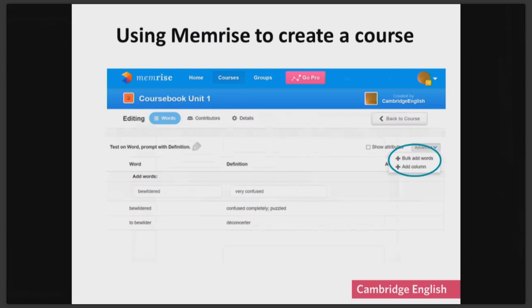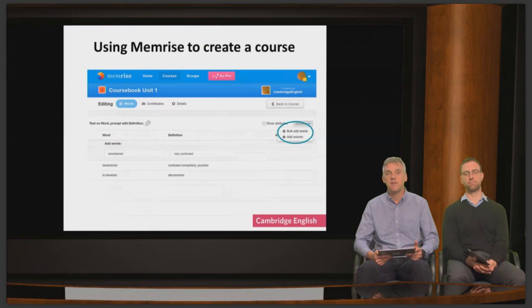This could be really useful if you're using a coursebook which has a word list available as a spreadsheet. It's easy to copy and paste the words and the definitions from the spreadsheet into the Memrise course. Just click Advanced and then Bulk Add and follow the instructions. This is a quick way to make a vocabulary course from the word list of the whole book. Many coursebooks now have an accompanying word list spreadsheet like this, making it really easy to turn the course vocabulary